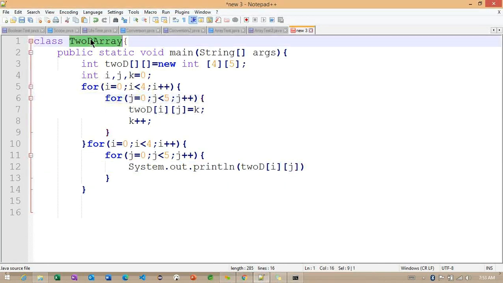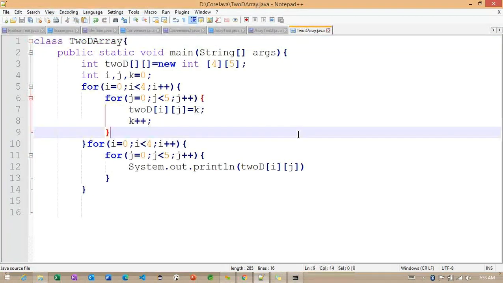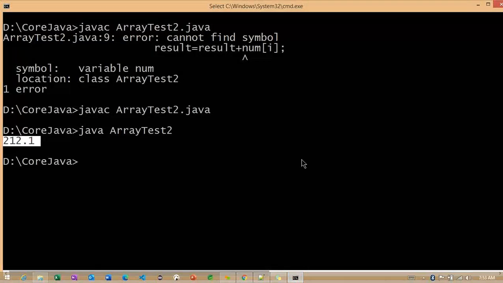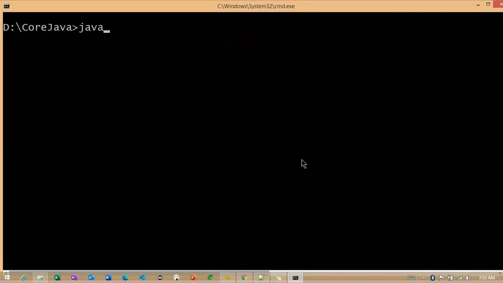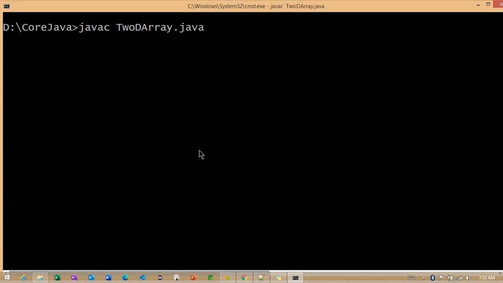Right. Let me save this particular example, 2D array dot java, and compile with javac.